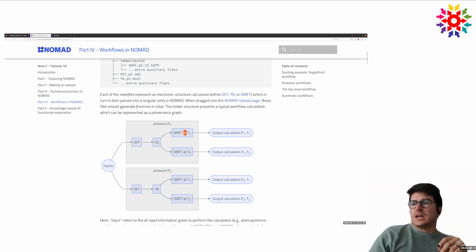So in this case, this will give you some output property at a pressure 1 and a temperature 1, and so on. So our task is going to be here. If you see each of these individual tasks, it's what I was telling you before, what we call a single point calculation. And so if you did the upload,